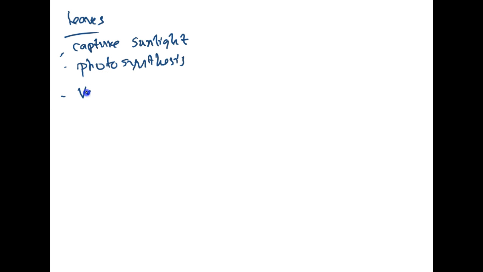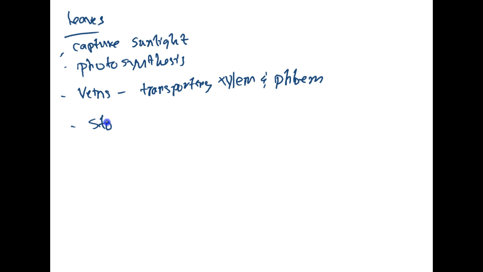They have veins that are responsible for transporting the xylem and phloem, and they also have an area that's called a stomata,